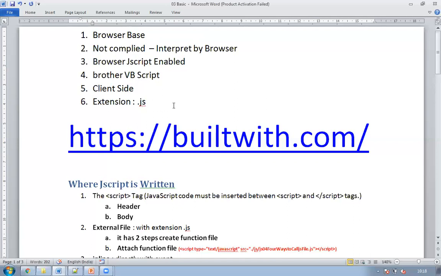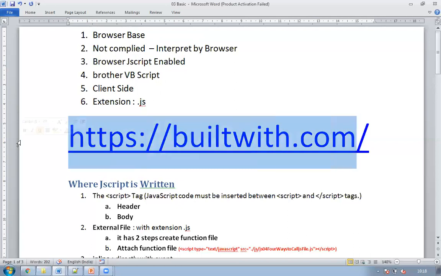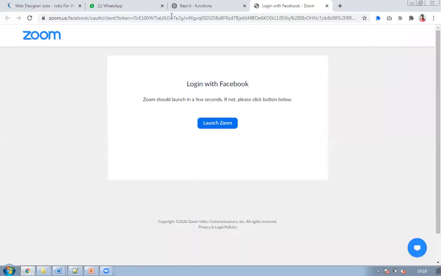So we should know what builtwith.com is. Again, this is on a sample site. I go to this BuiltWith sample site. I press Ctrl T to open a new tab and paste it.